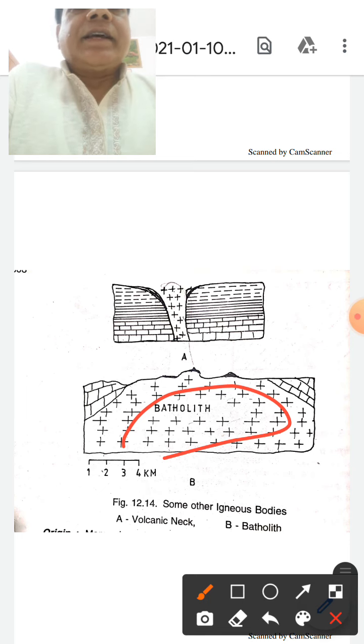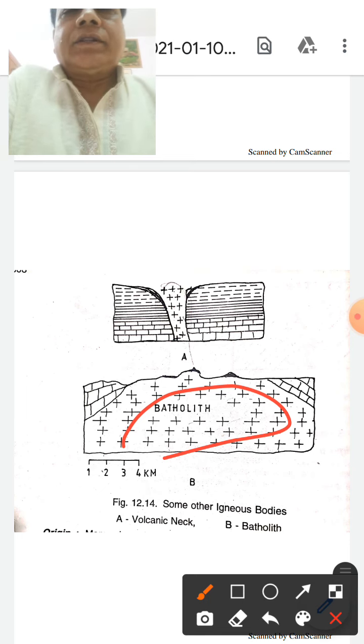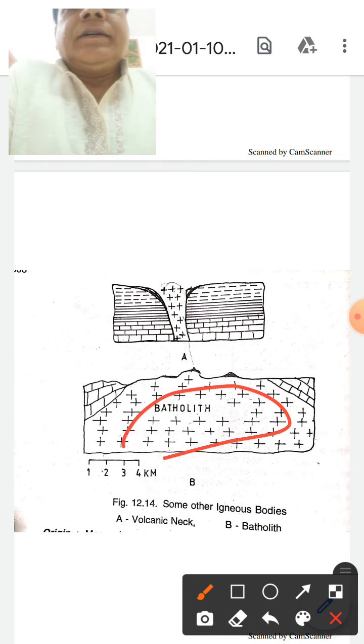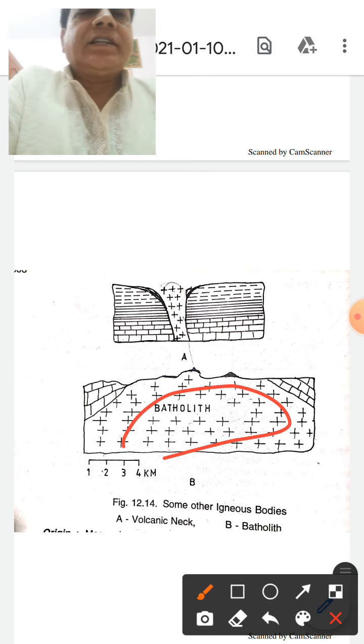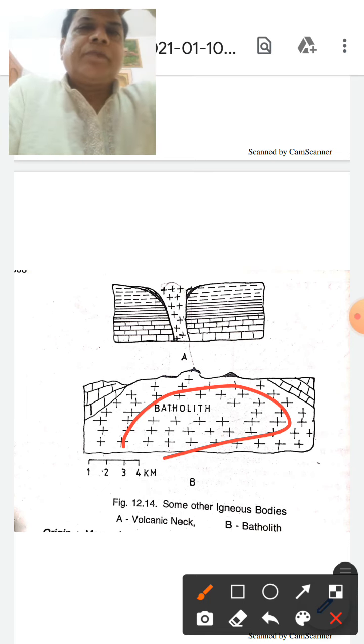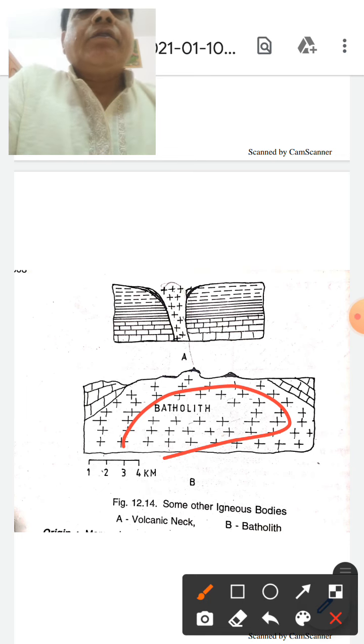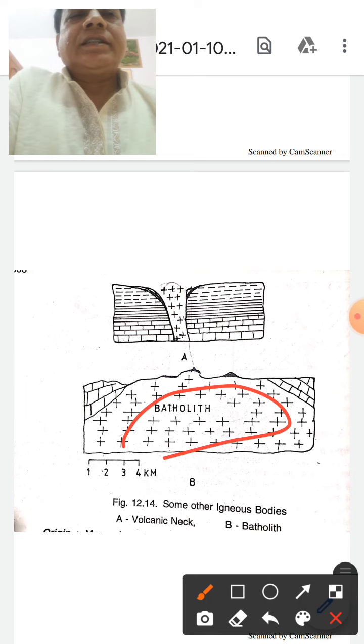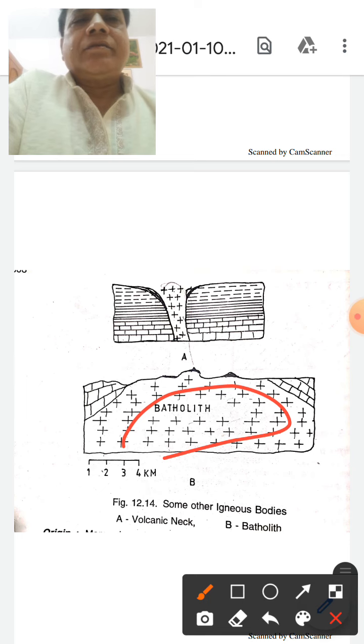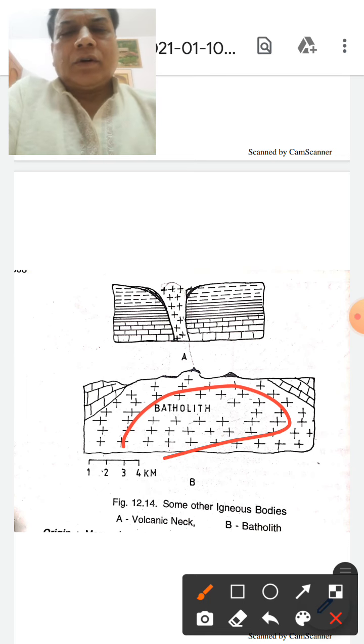Batholiths are generally characterized by extensive downward enlargement to their bases and are not easily traceable. An irregular dome-shaped roof is another common character of many batholiths. When the surface area of a batholith-like intrusion is less than 100 square kilometers, it is commonly called a stock, and when such a stock has a roughly circular outline, it is further distinguished as a boss. So boss and stock are variations of your batholith.